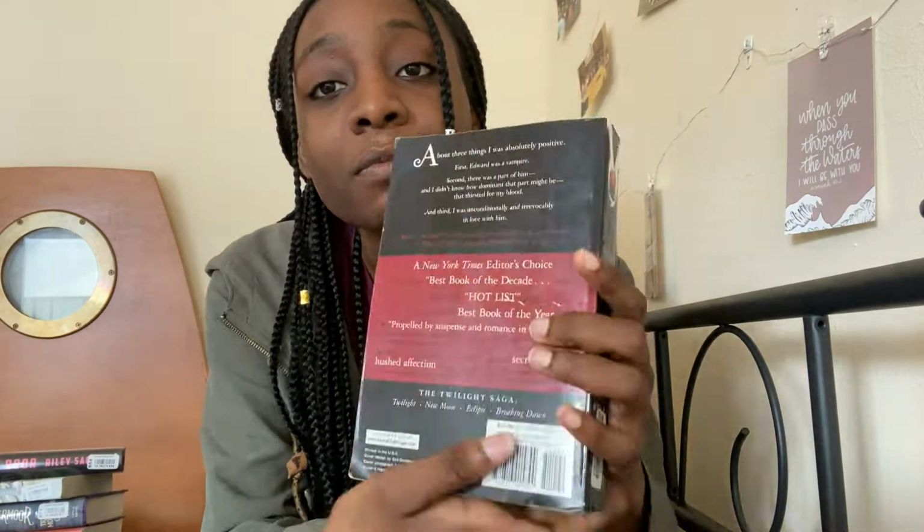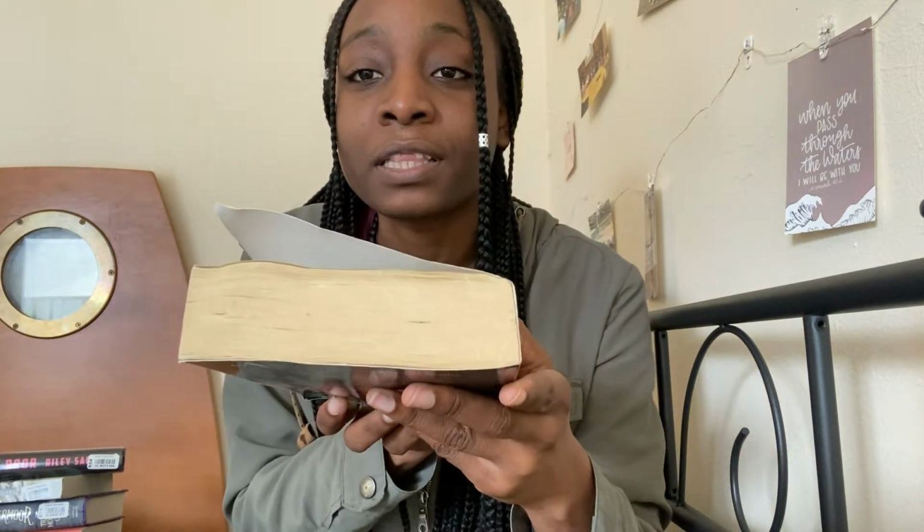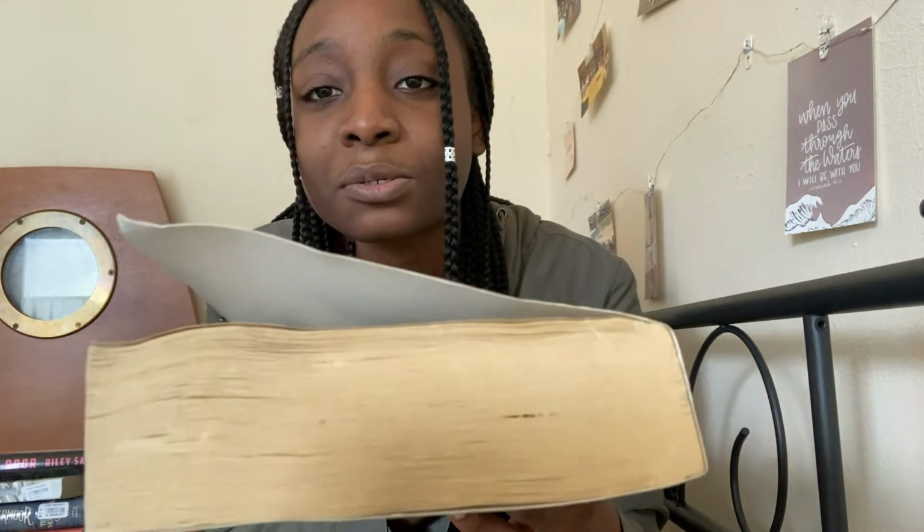I bought this one in very good condition for $4.69. Yeah, I think overall I can see why this is very good condition. That does look a bit...